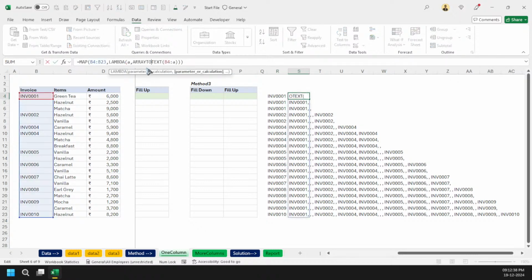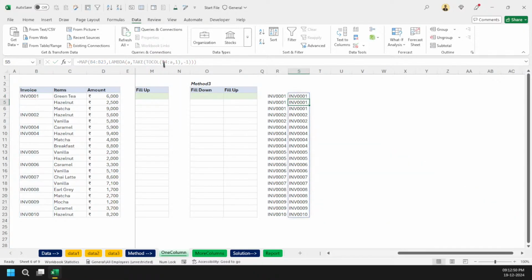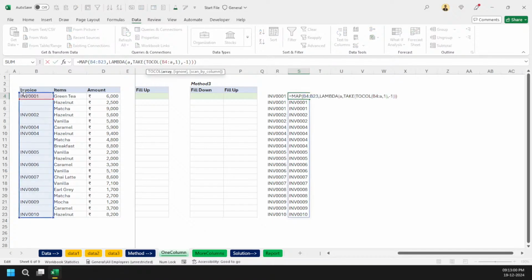So coming here, one second, right? And I'm simply going for B4 and A. Now you can see I've got the trick ready. I have filled down my values. But one of the problems you will see is you need to tell the user to select the first column, so he will end up selecting two values, and I don't want that.